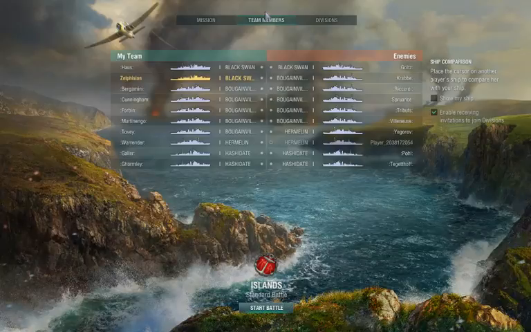Ooh, good question, Ruffle Lobster. The Swan or the Dresden? The Swan is more accurate and has better speed, and her shells tend to hit a lot more on average, well, in the games that I've played. But the Dresden broadsides...